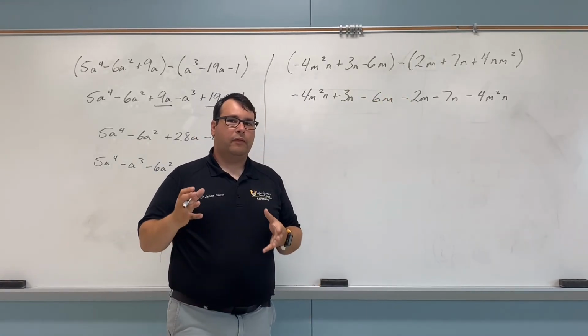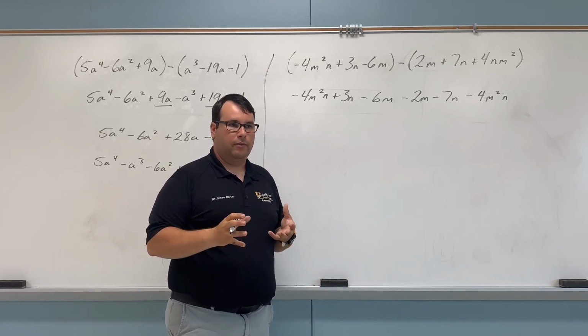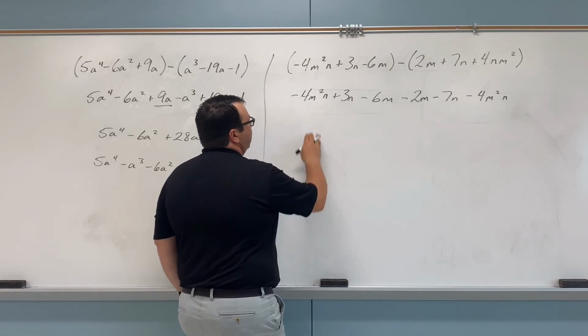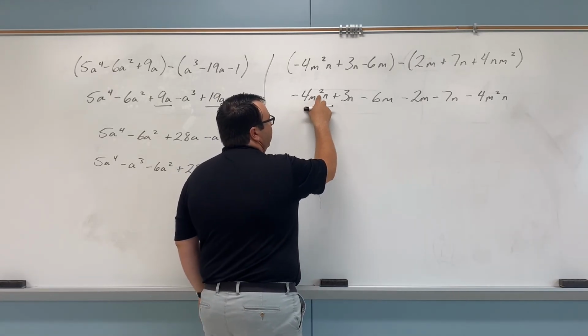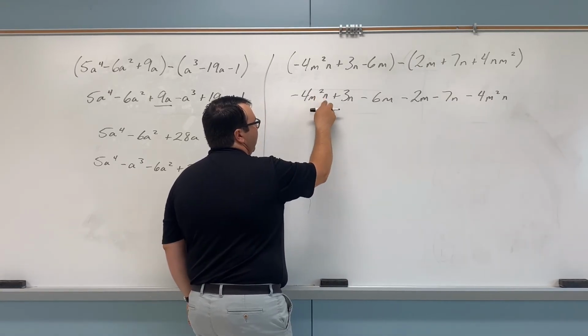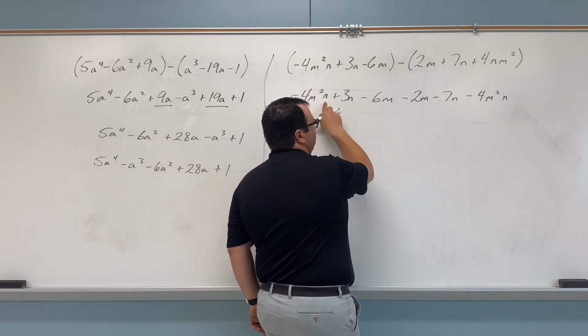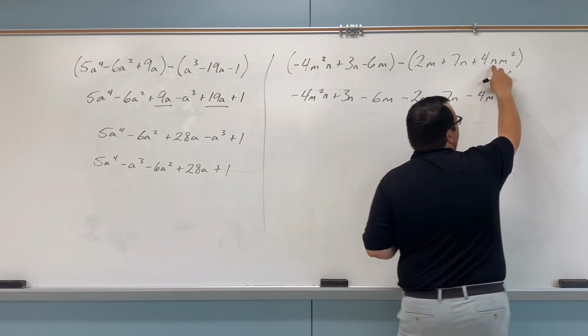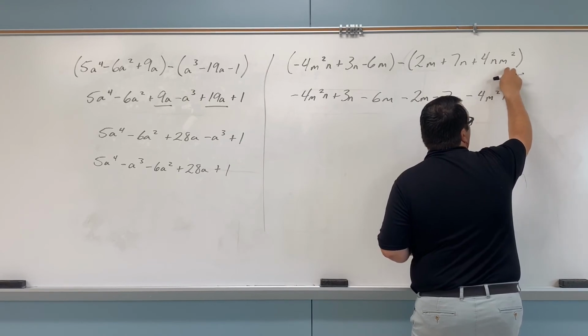Now, let's look at what we've got. Let's see what kind of components are like terms. Do I have anything with an m squared n in the problem? M squared n has to be identical to this. Yes, m squared n. Now, if you would have left it as nm squared, as it was before,